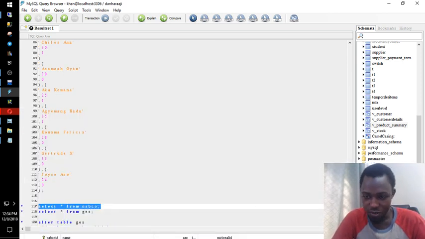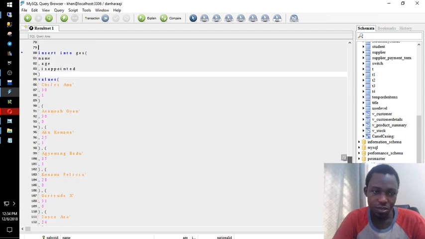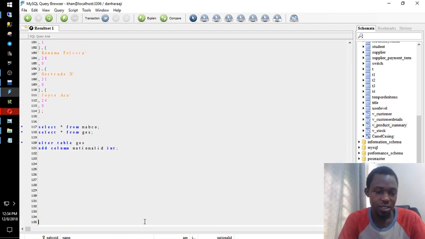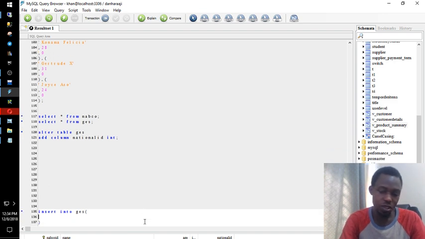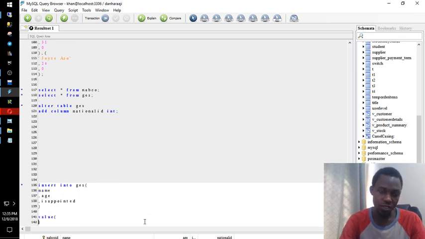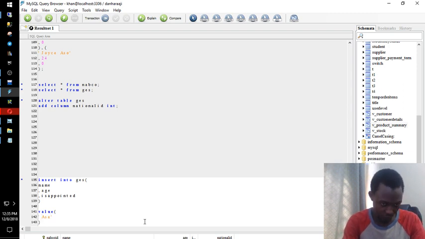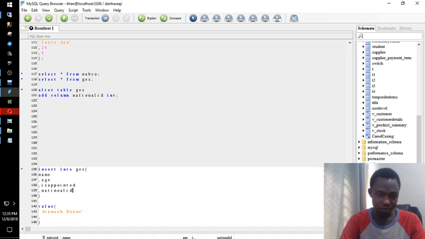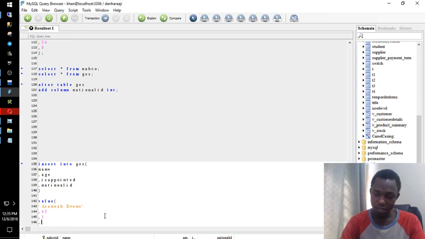Another way you can even use is, look at this one, how I did it. Let's say I want to insert into GS. The values I want to insert: name, age, and then appointed. Now the values. Let's say Asamoah Kwame. Yes, let me add this one. I've created another column that is national ID. That's what we will use for the join. So let's say his age is 45, and his national ID is